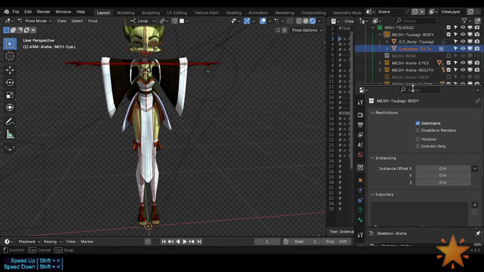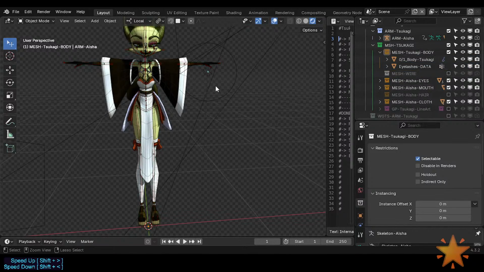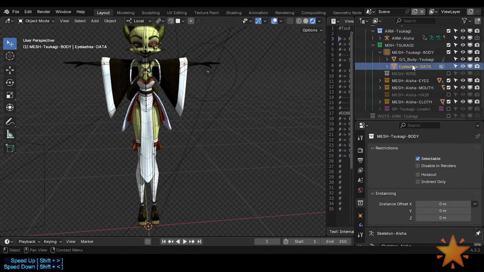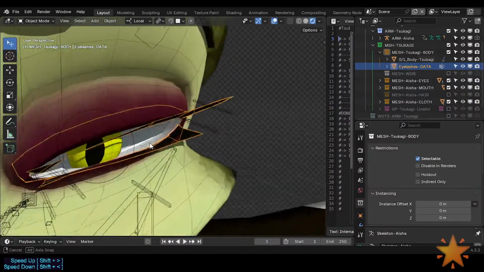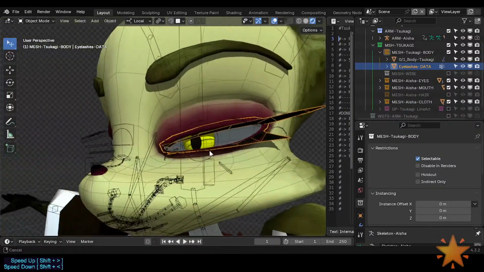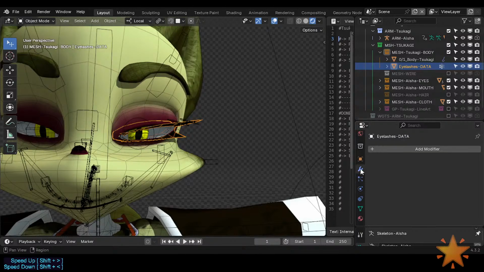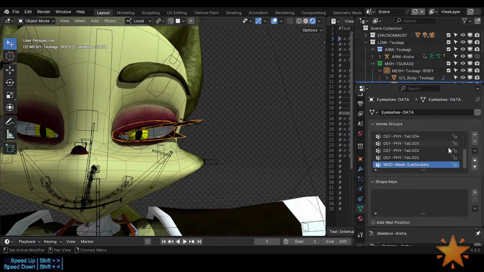Why does it have this color here? Oh, it's because I was on pose mode or edit mode for the armature. So here, period, and yeah, I have to readjust, but it is here. It didn't bring its object modifiers, but that's okay. I think it, yeah, this could be dangerous, so I'm just going to delete those